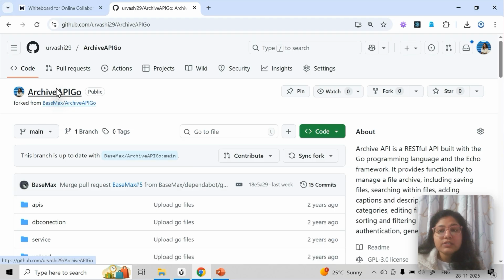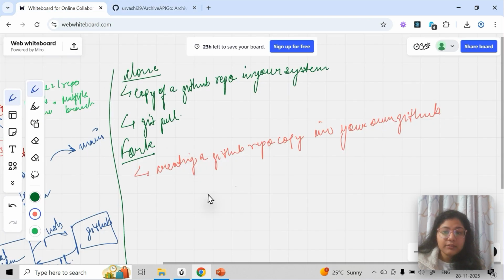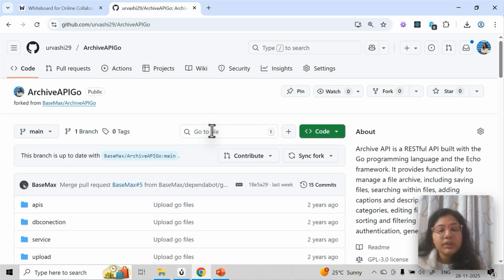Okay, and whatever changes you make are only going to reflect in your GitHub repository. It is not going to reflect in someone else's GitHub repository. So let's say this, now what is happening? In fork you are creating a copy. So the copy of the repo is in your account, now you can clone and push the code if you want. Clone we have seen, so you fork it, you get someone else's GitHub repo as a copy in your GitHub repository, but they both are different now.